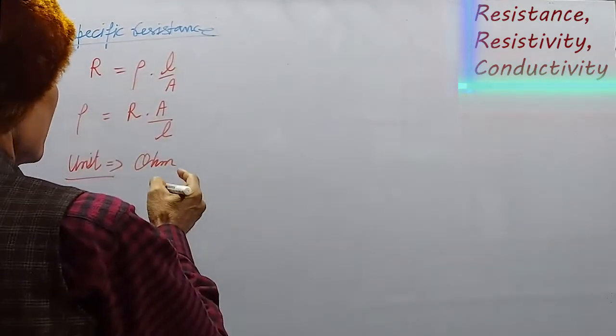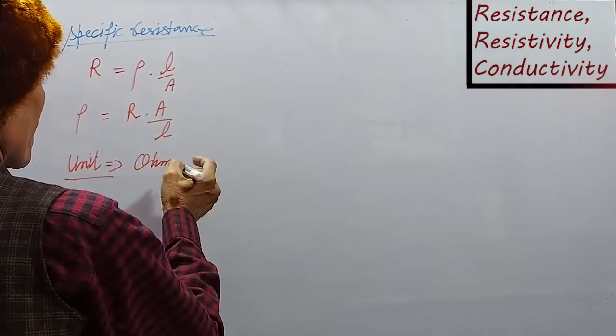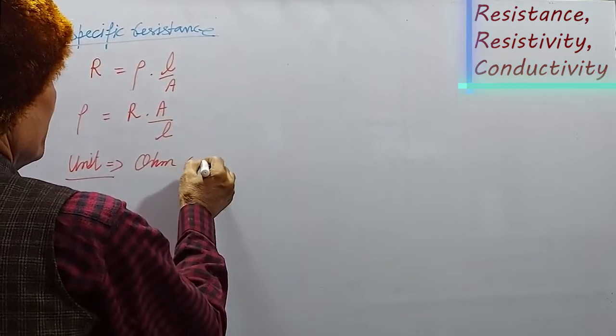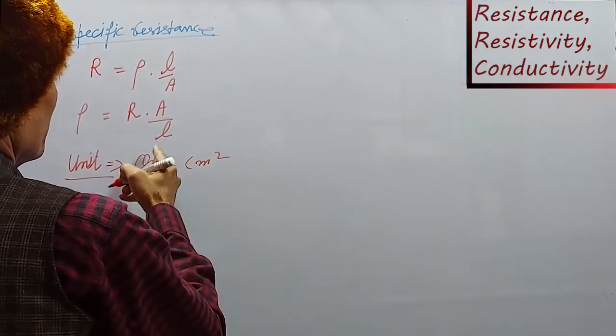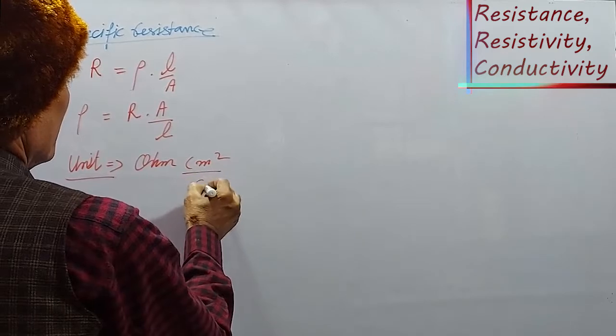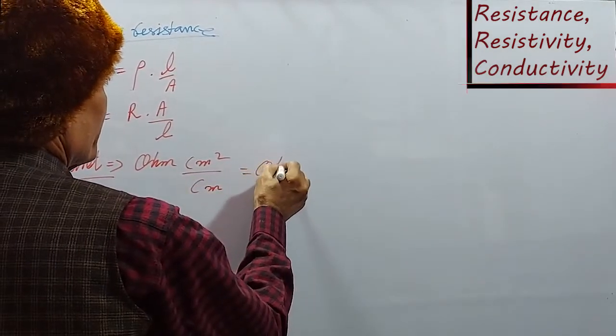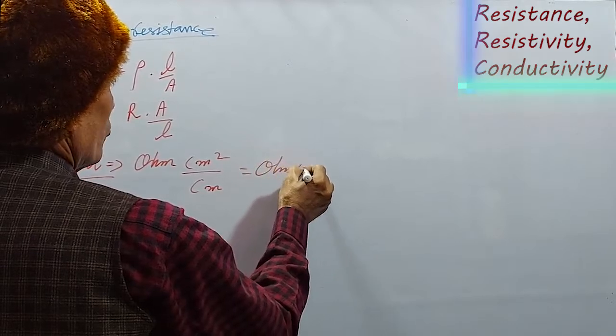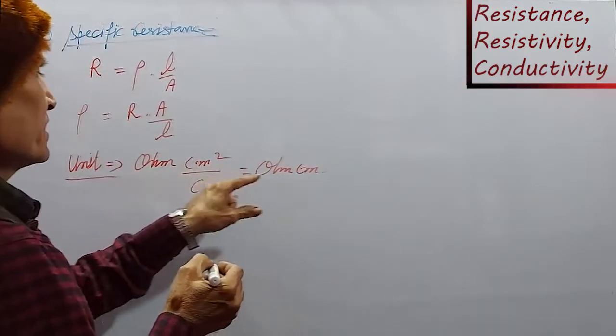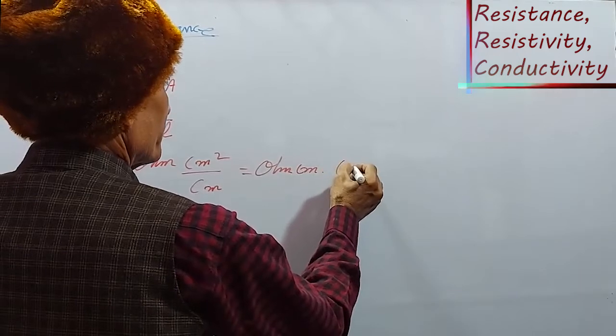Area of cross section in CGS system is centimeter square by centimeter, equal to ohm centimeter. Ohm centimeter is the unit in CGS system,